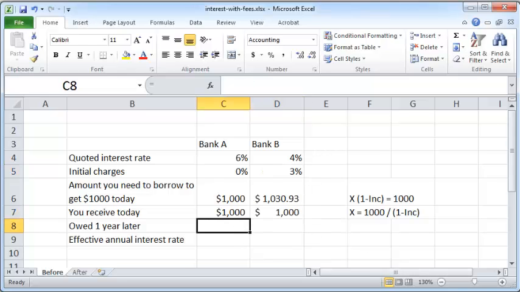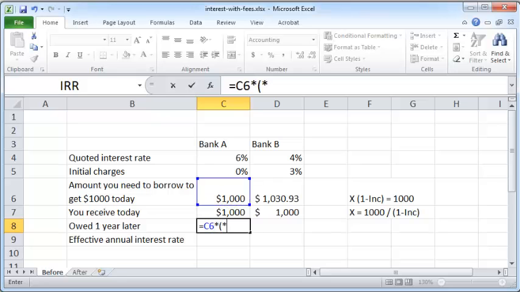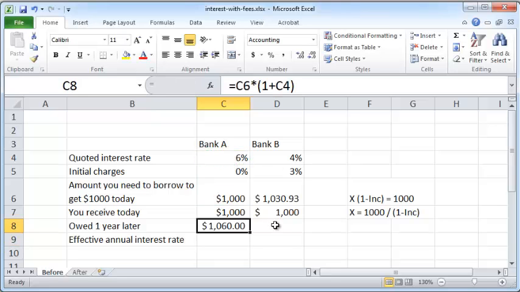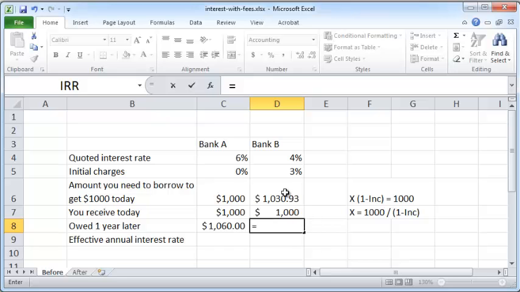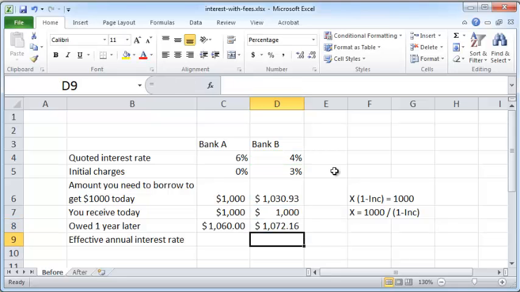Now 1 year from now, you owe an amount equal to whatever you borrowed times 1 plus the interest rate that's actually quoted by the bank, and that's identical in both cases. Here also you need to repay the amount that you borrowed times 1 plus the annual interest rate that the bank charges. So you can see that 1 year later, you owe $1,060 to Bank A, but if you borrow from Bank B, you owe Bank B